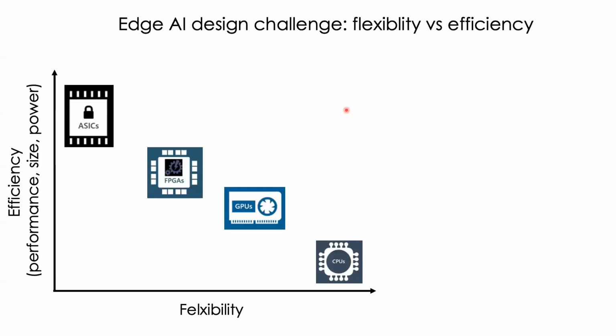The final challenge that I would like to expose is the need for flexibility versus efficiency. What you see here is essentially depicting current generation hardware that can be broadly classified into these 4 categories, with various degrees of flexibility. By flexibility, we mean the ability to effectively program these different devices. In terms of flexibility, CPUs, or central processing units, are the most flexible. However, they're also the least efficient in terms of performance, size, or even power.